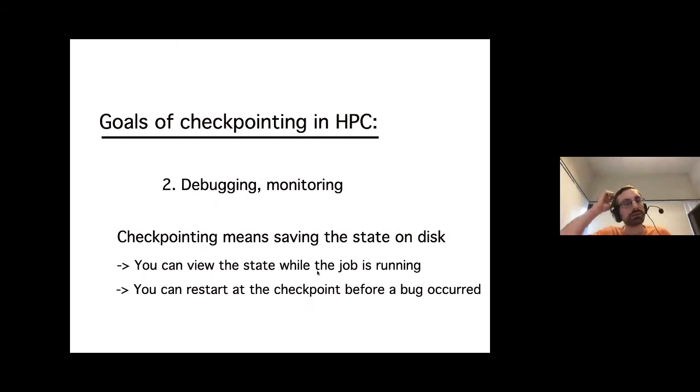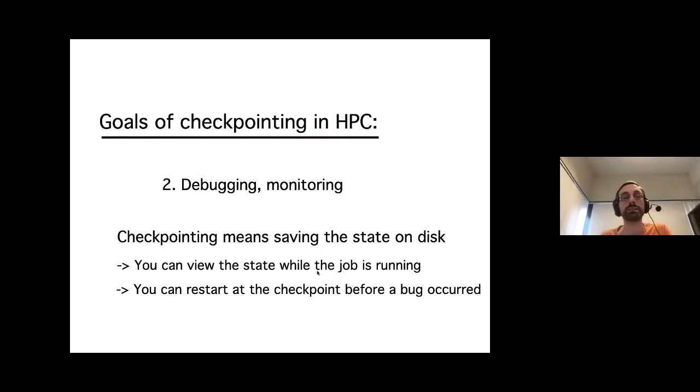The second reason why you can be interested in checkpointing is also monitoring your code, so that you have a file or database or whatever, where you have the information about the status of your code. And if you look at that file, you know what is going on. Since in principle you can restart from there, if you know what your program is doing, you should be able to understand what is going on. And you can see, oh no, there is something wrong, it's going in the wrong direction. I can maybe revert 1 or 2 iterations or whatever.